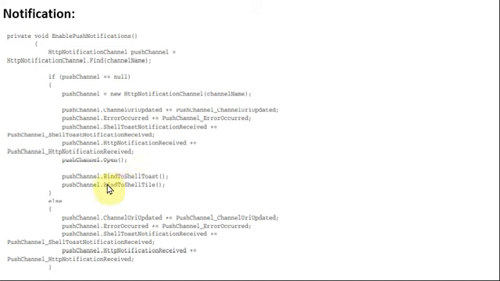That is what is bound here, bind to shell toast. So in your push channel, you can have a notification of type toast, or the next kind of notification, which is more complex than the first one, that is the tile notification. With the tile notification, we can update the application tile content.